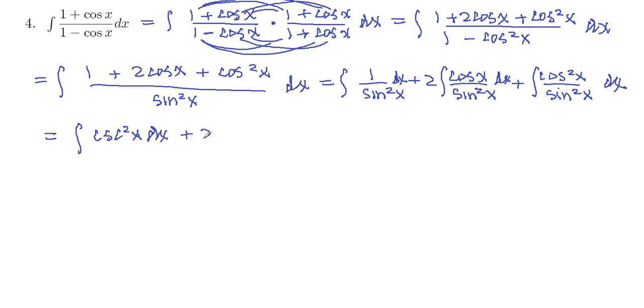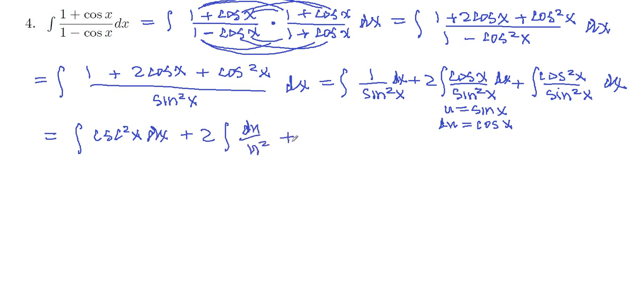plus 2. And then let's see here, I see a function and its derivative. So in this middle integral, let's let u equal sine x and du equals cosine x. So u squared on the bottom, du on the top. So integral of du over u squared,